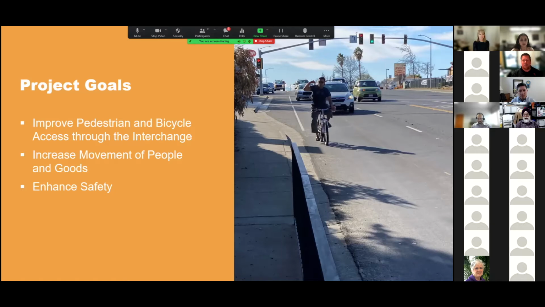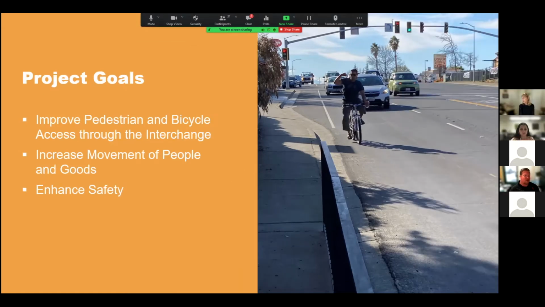But as a reminder, we have established some project goals. Most importantly, we want to improve pedestrian and bicycle access through the interchange. As the picture shows here, it's currently about a 4 to 4.5 foot sidewalk with a guardrail, and it gets pretty narrow along there. The gentleman took this candid photo that we've been using throughout